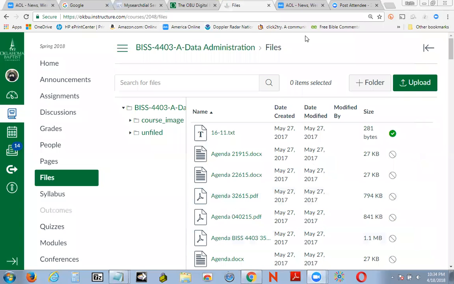And we'll click share screen. Stop the share, and we'll